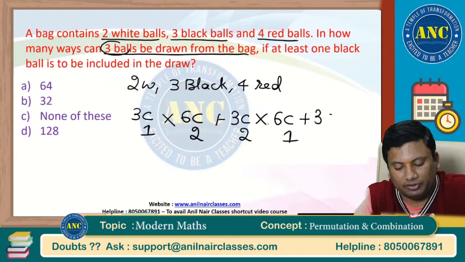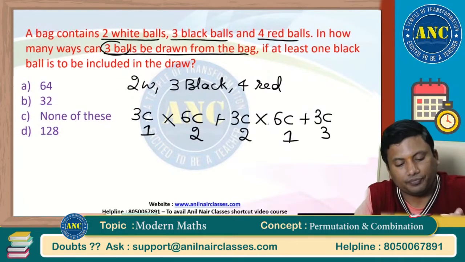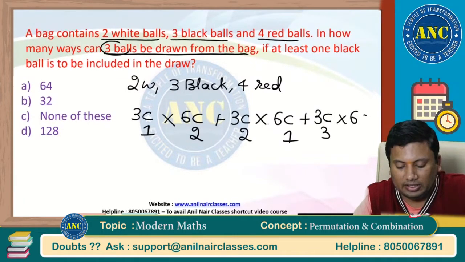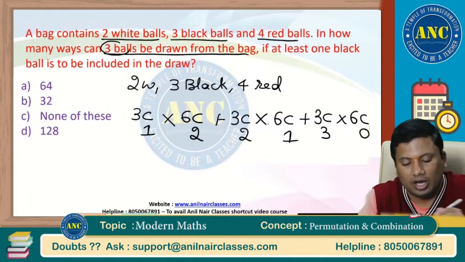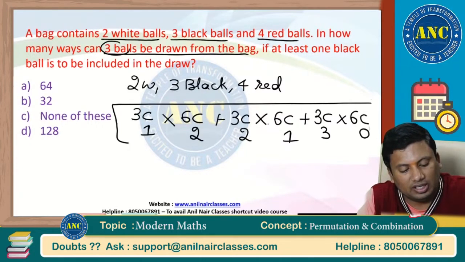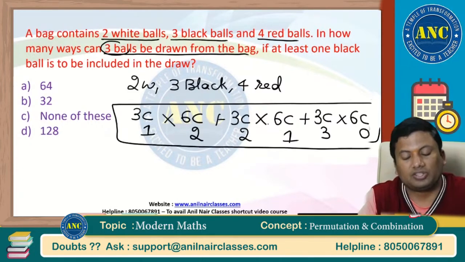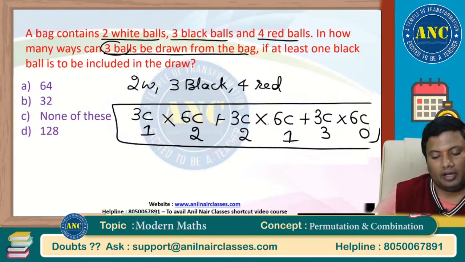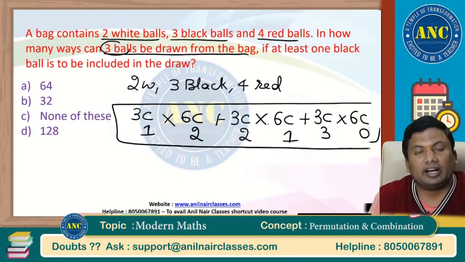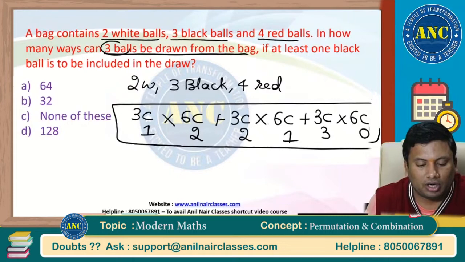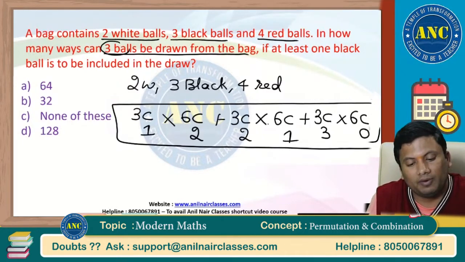Similarly, out of 3 I will select 3. Remaining, it is nothing but 6C0. I hope it is clear. 3C1 into 6C2 plus 3C2 into 6C1 plus 3C3 into 6C0. Out of 3 I selected 1. Total 3 I have to draw, so remaining 2 will be drawn from another 6. Minimum 1 black ball, so it can be